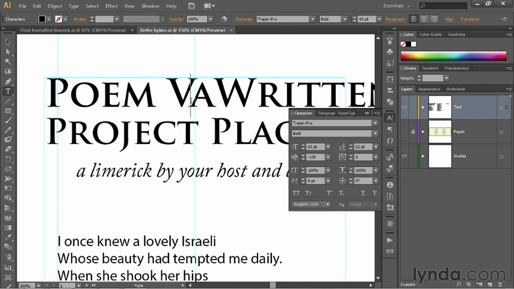You just set your blinking insertion marker between the two of them, and then you take advantage of that keyboard shortcut. If you want to move the letters farther apart, then you press Alt along with right arrow. This would be Option right arrow on the Mac. Now notice at this point, my kerning value happens to be negative 85. If I press Alt right arrow, or Option right arrow on the Mac, it's going to jump up to negative